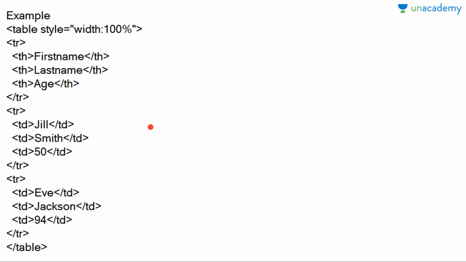It will be displayed as first name, last name, age, then Jill Smith 50, then Eve Jackson 94. This will be the order of the output, and you can try this in your editor and see the various applications that you can apply using table row and other features like table heading and table data.